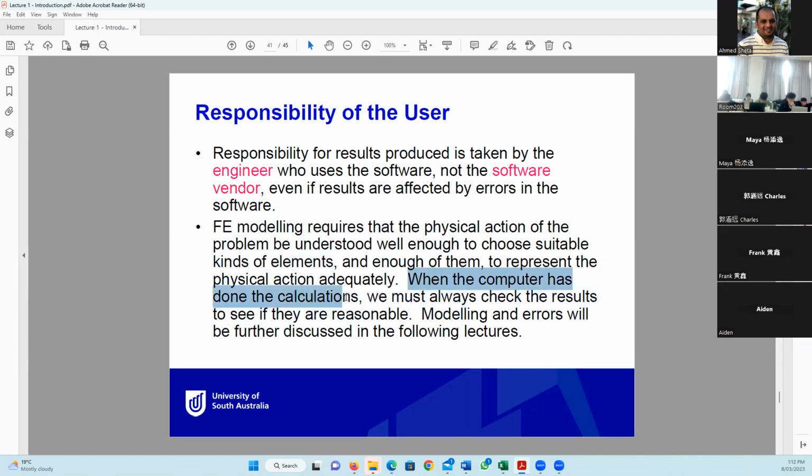Okay, when the computer has done the calculation, we must always check the results to see if they are reasonable and acceptable. Modeling and errors will be further discussed in the following lecture. This is just a brief introduction to the responsibility on your side when you use the software, not just putting input into the software and getting the result and that's it. You also have to have the engineering sense to judge the results and to know if they are correct or acceptable or lie within the range, something like this. Okay,